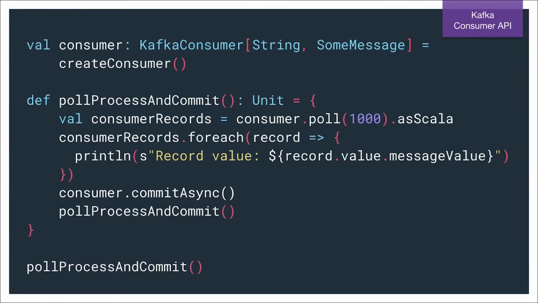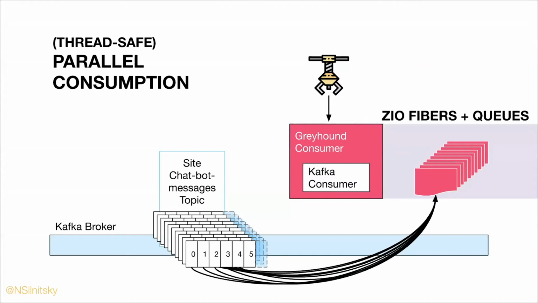Because the consumer is not thread safe. So with Greyhound, what Greyhound does when it polls Kafka, it actually takes all the messages and then assigns each of them to its own queue. All the messages from the same partition will be assigned to the same queue and processed in parallel from that